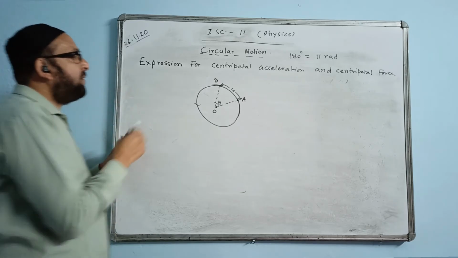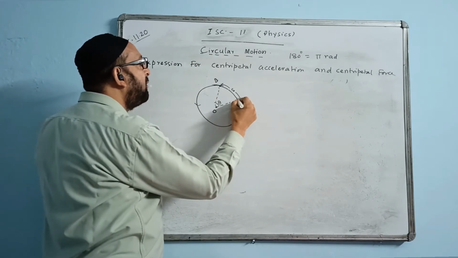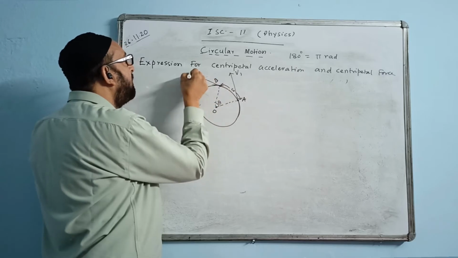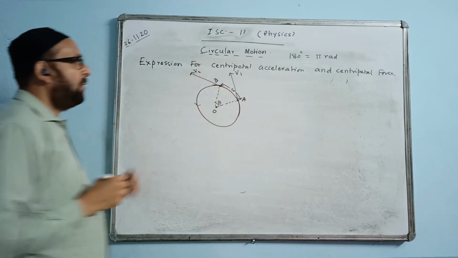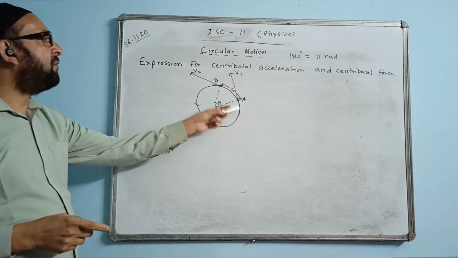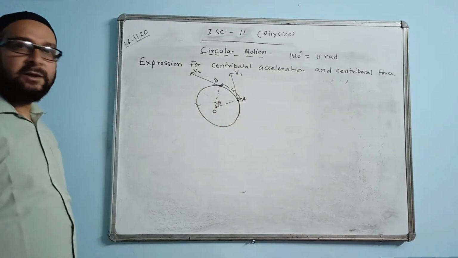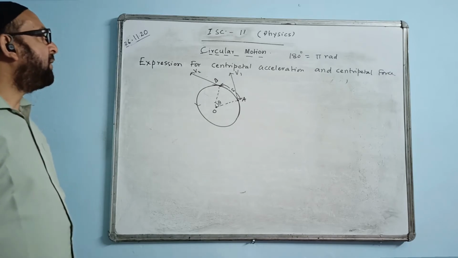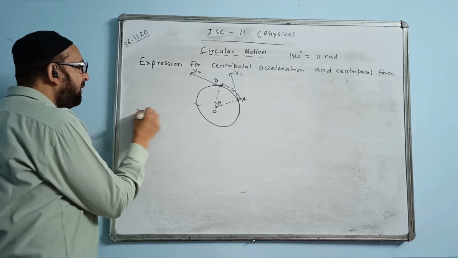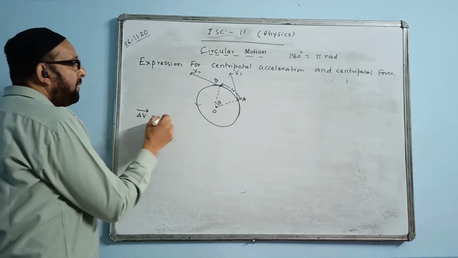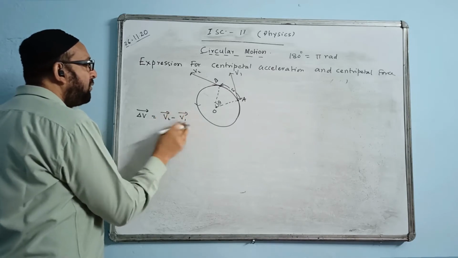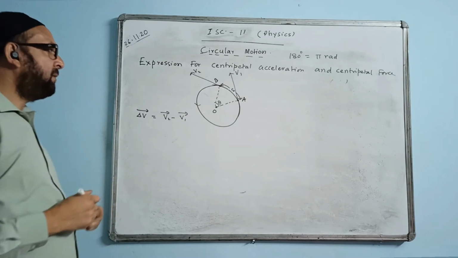Okay. We'll draw the direction of velocity at this point. The direction of velocity at point A will be along the tangent here, which is V1. At this point, we draw the direction of the tangent, which will be V2. So we are taking the points somewhere in different positions. So V1 and V2. We'll first find the change in velocity, that means delta V. The delta V value will be V2 minus V1, final velocity minus the initial velocity.